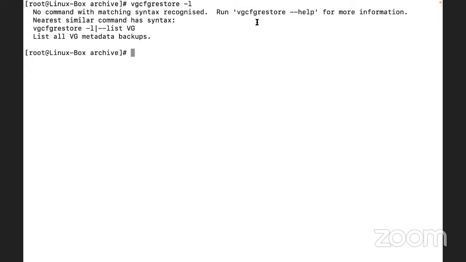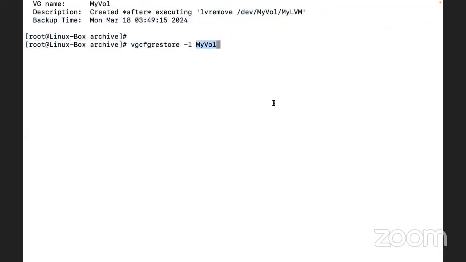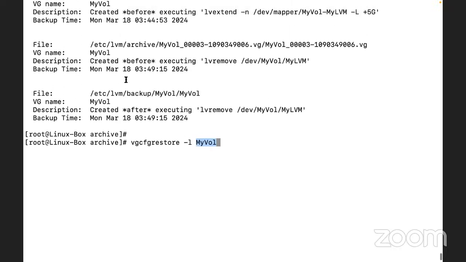So what to do in such a case? We are going to run the command vgcfgrestore -l, hyphen l for list. Then we need to define our volume group name here. If we do not define the volume group name, then it will not print the required information. So if you go through this particular command,